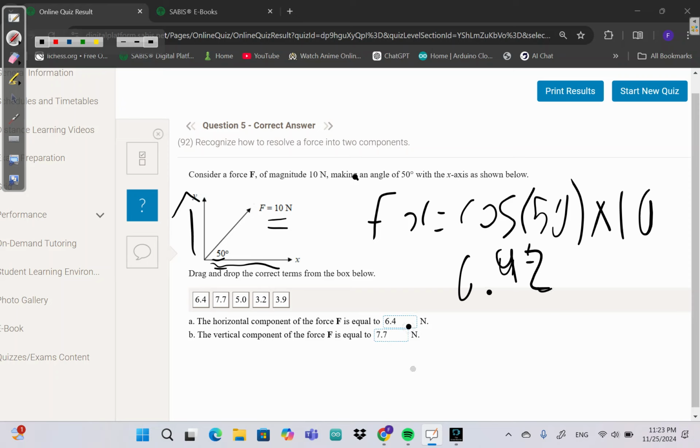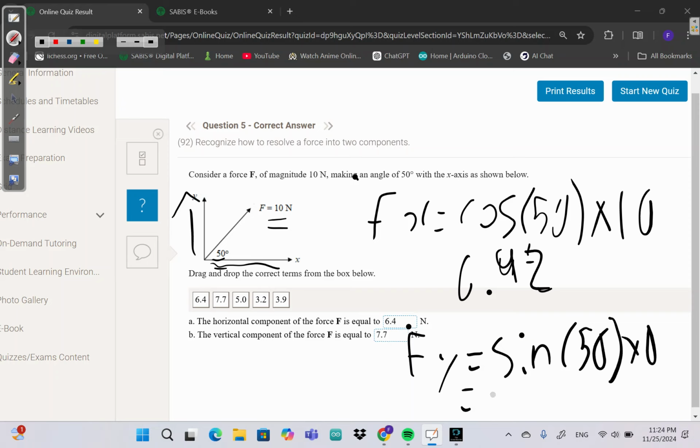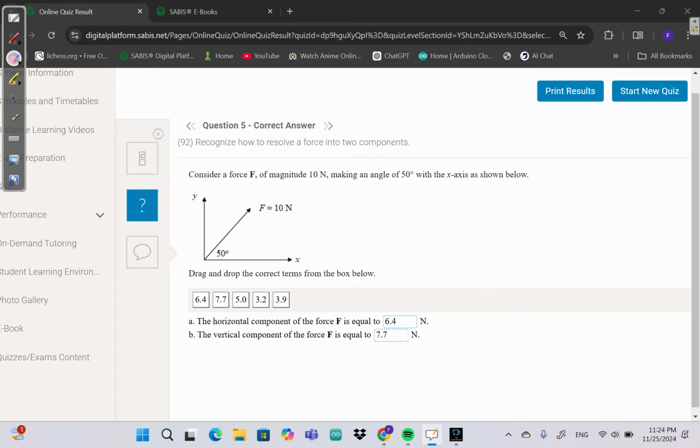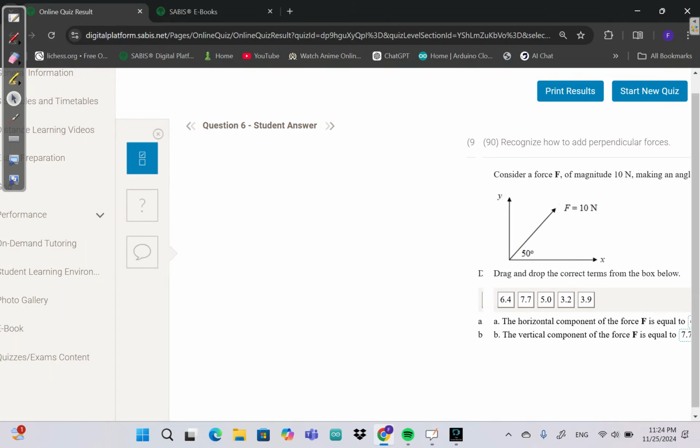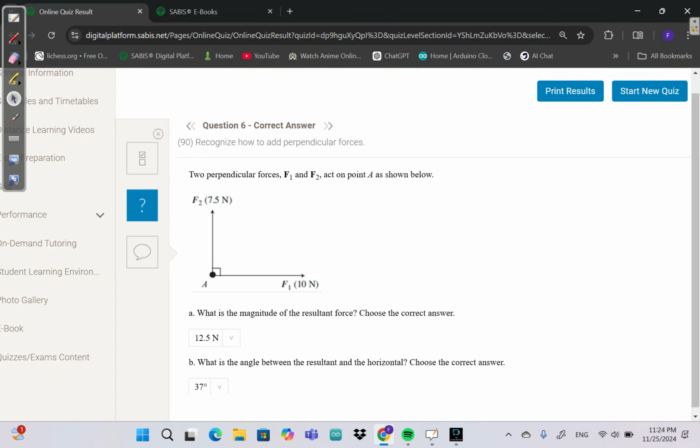Now the vertical component, we said F of y is equal to sine of the angle times the force. Also, if we do this on the calculator, you'll get sine of 50 times 10, it's 7.66, which if we round is going to be 7.7. So that's it for this question. You only really need to know two rules. Okay, here,